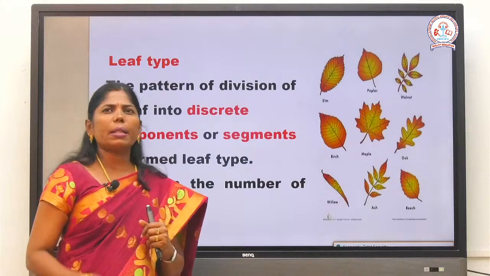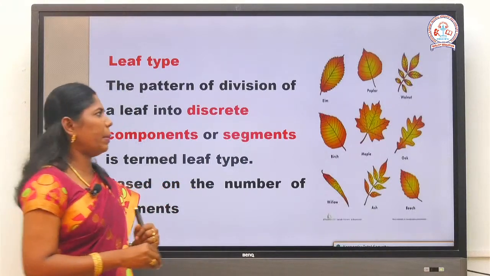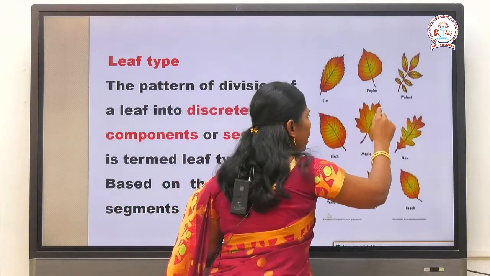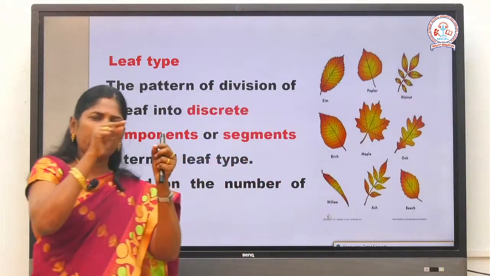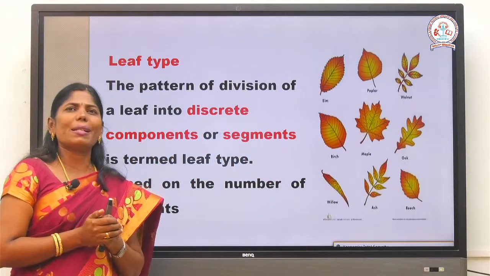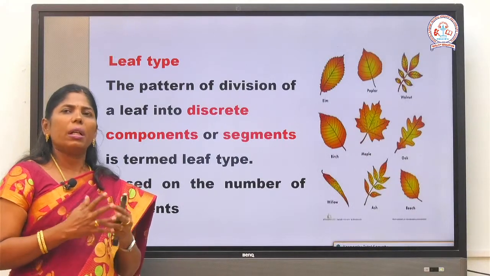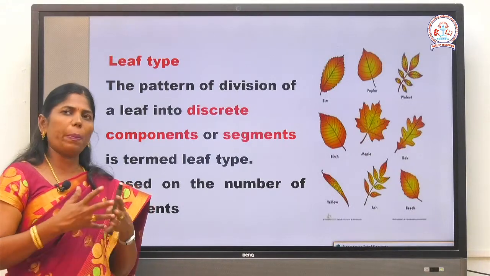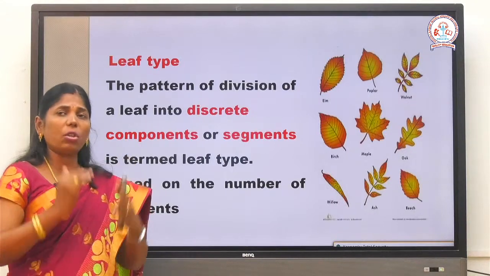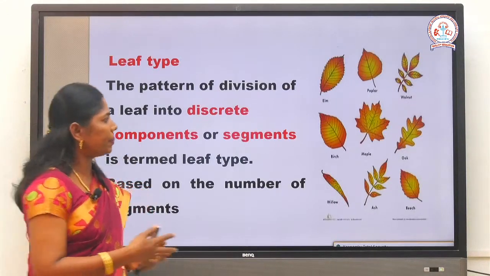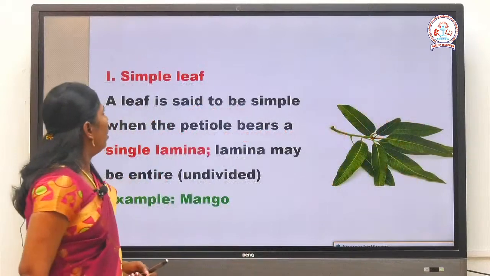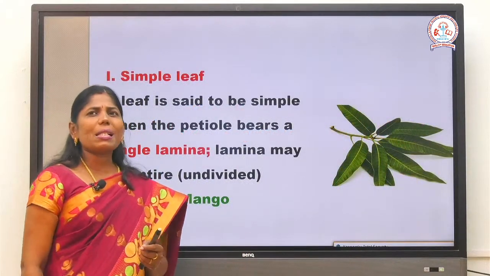Okay, so that is an incised or discrete of segments. Each and every margin has segments, so that is a discrete margin, we say. So that is a leaf type. Actually leaf types differ from each other. Even the shape also differs from each other. Even the margin also differs from each other. So next we will see the simple leaf.